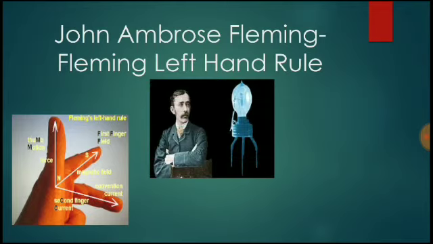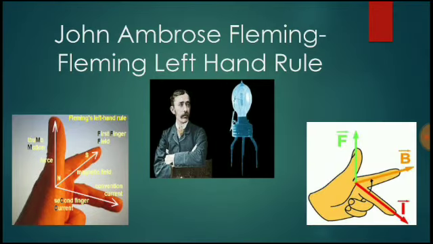See, this is the picture of Fleming's rule. Again I'm telling, if you stretch the left hand like this, the thumb, forefinger and middle finger are mutually perpendicular to each other. The thumb represents the direction of force on the conductor, the forefinger represents the direction of magnetic field, and the middle finger represents the direction of current. So this is which rule? Fleming's left hand rule. Okay, got it?